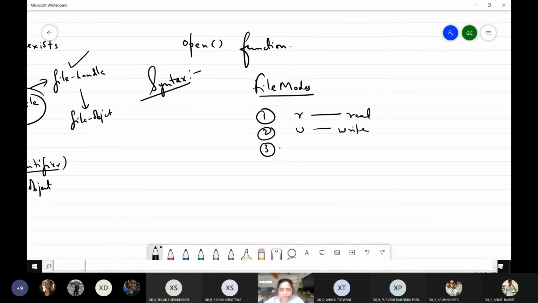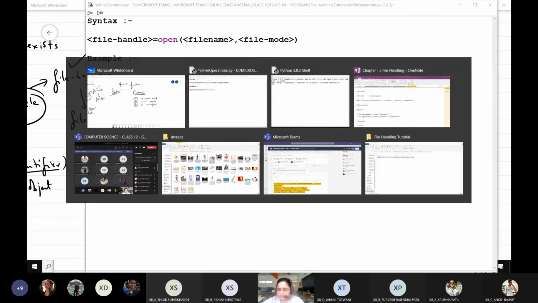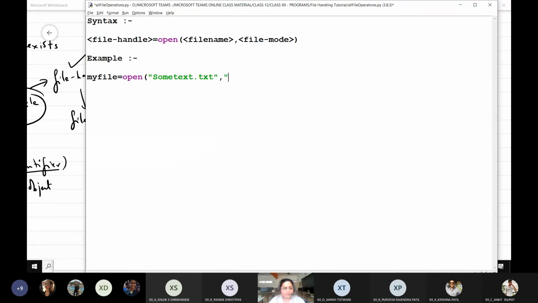Number three, A, that is for append. Apart from this, we have R plus, W plus, A plus, which I will cover in a later chapter. So if you are opening the file for performing a write operation, use W. Open the file for write operation. Second is myfile equals open.